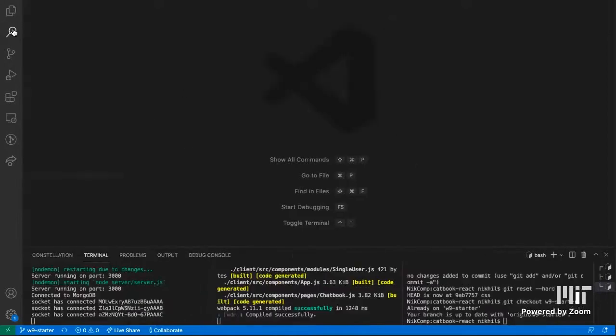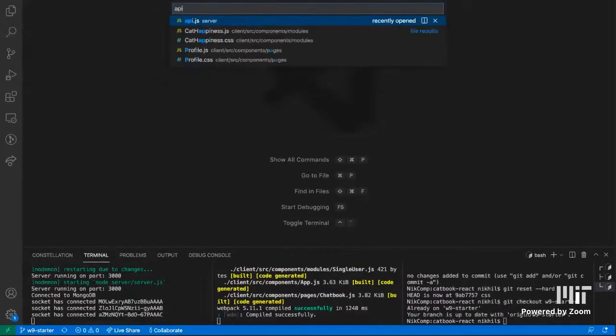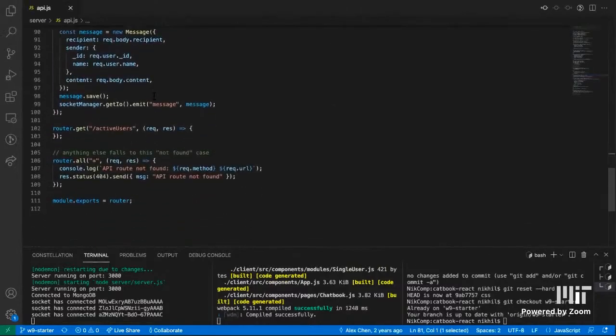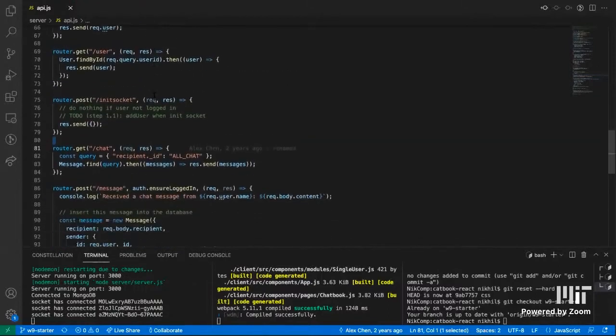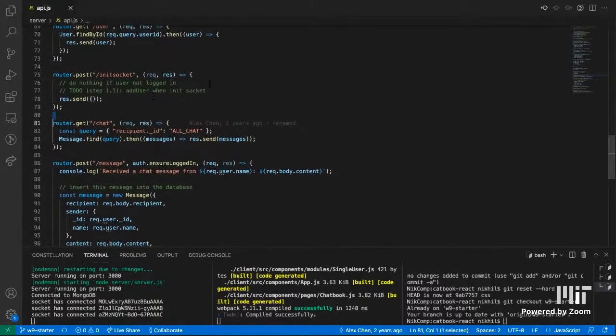Well, to start with, we are going to go to api.js. And we are going to actually define the init socket endpoint, just so you can see how it's all done. So in this endpoint, we're going to say you have to be logged in for this to even matter, because otherwise we don't have a name to associate you with. The whole point of this endpoint is to associate a name with a socket, or really a user with a socket. So if you are logged in, then we can say